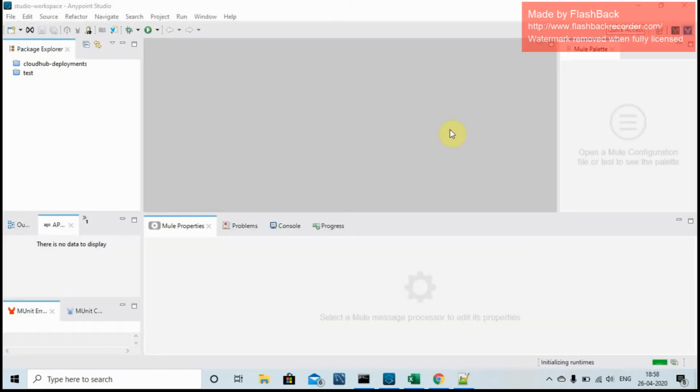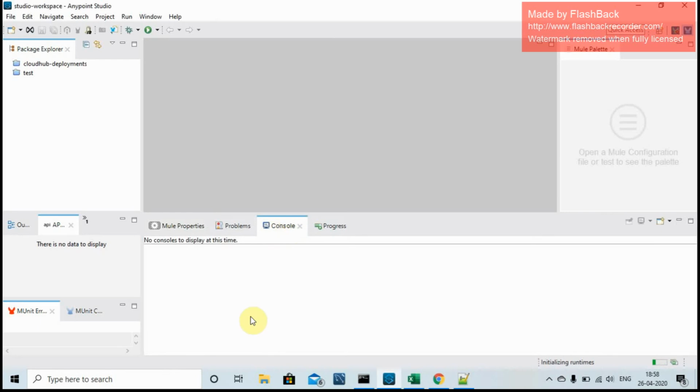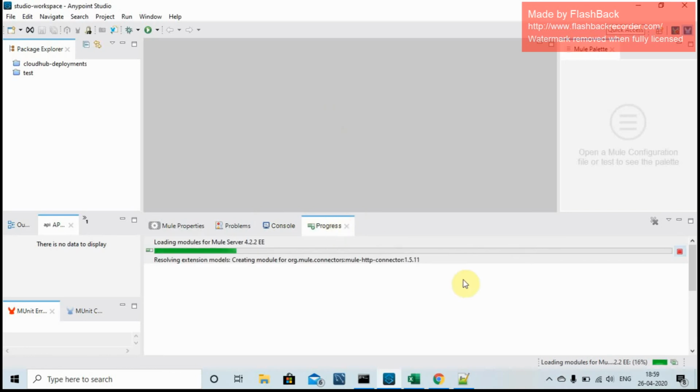After selecting the workspace, that is the default studio workspace, I am not going to change it. I will go with the default settings only. As you can see, there are certain tabs: this is the package explorer, this is the console log. You can see over here what is going to happen when we are running the Mule runtime. This will show the Mule palette. As of now it is not showing because both of these projects are in the closed state, and this will be the main canvas on which we will create all our logic, the flows basically. Okay, so we will wait for a couple of minutes till this 4.2.2 latest version gets downloaded or gets set up in your workspace correctly.